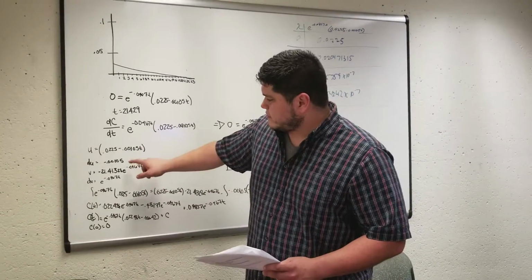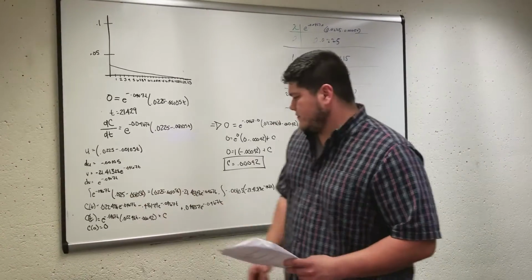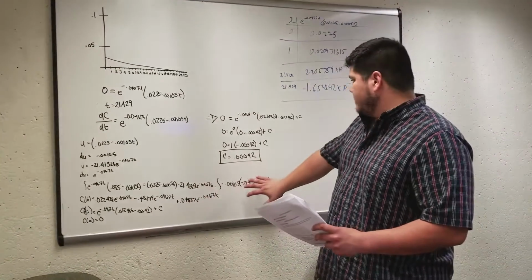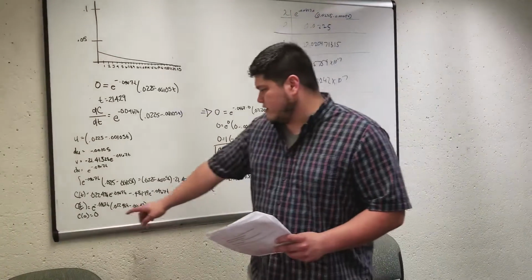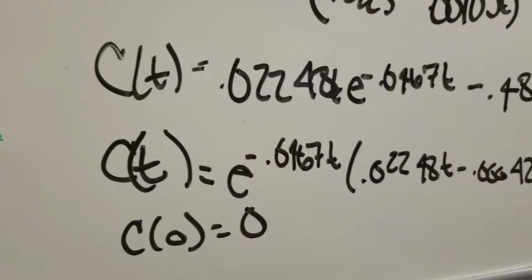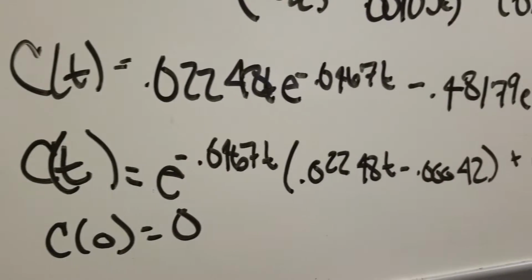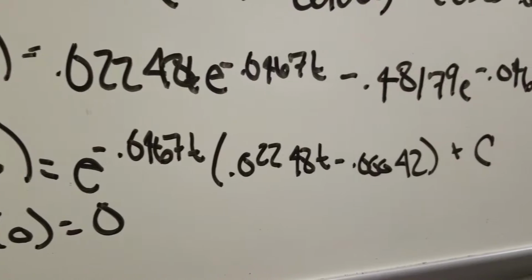And as you can see here, we took the du, the dv, and we did the math here, and our final equation was e to the power of negative 0.467 t times